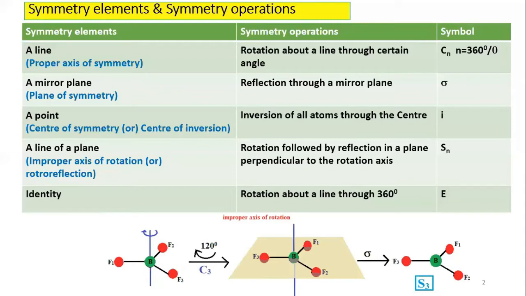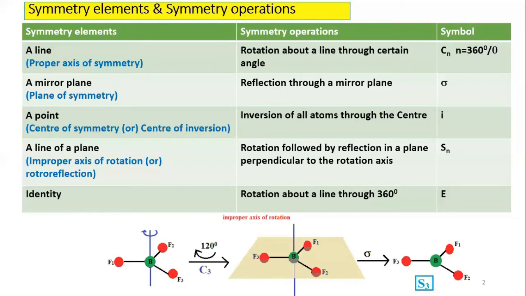Here is an example of boron trifluoride, which is triangular planar in shape with an angle of 120 degrees. Rotation is performed with the help of this rotational axis, which is placed perpendicular to the plane of the molecule, and here a 120 degree rotation is performed, and so C3 symmetry is obtained, and a plane is kept over the planar molecule. Here we should note that any planar molecule will have its own reflection when a mirror plane is kept over the plane of the molecule.